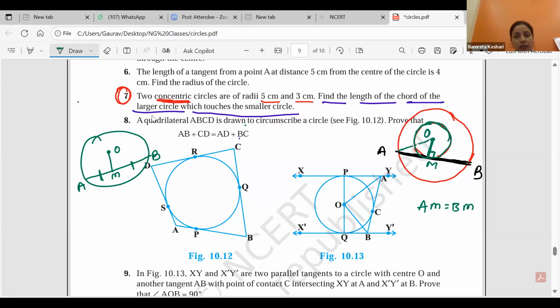उसके बाद हमें A को O से ऐसे ज्वाइन करना है, और जैसे ही हम ज्वाइन करेंगे हमें समझ में आएगा ये जो OA है ये जो बिगर सर्कल का रेडियस है, OA इज नथिंग बट द रेडियस ऑफ द बिगर सर्कल। ओके एंड ये जो OM हमें दिख रहा है दिस इज ऑफ कोर्स द रेडियस passing through the point of contact। OM is the radius of the smaller circle। और अगर हमें OA पता है OM पता है then we can find AM by using Pythagoras theorem। Okay, AM in triangle OAM, easily AM you will be able to find by Pythagoras theorem।